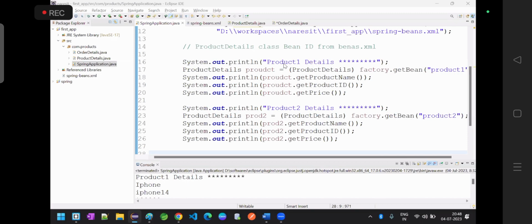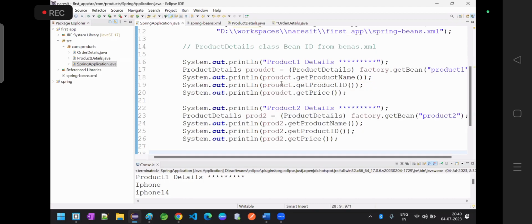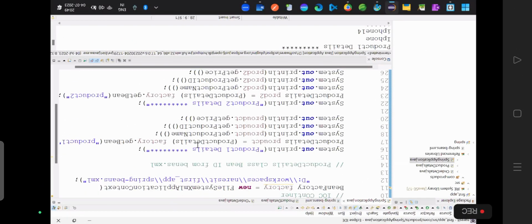Username, password, URL, all these things, right? So generally what you did, you will write something like DriverManager.registerDriver, connection, getConnection, URL, username, password and all. So those username, password, URL, you are configuring inside the